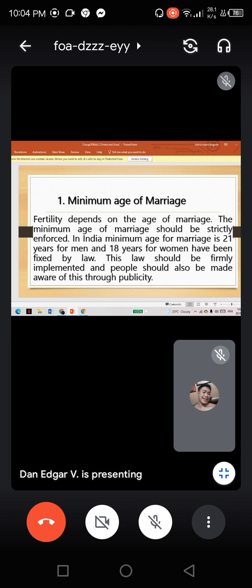So, the minimum age of getting into marriage is 18 years old. Legal age of marriage for girls and boys, with or without parental consent. Next,